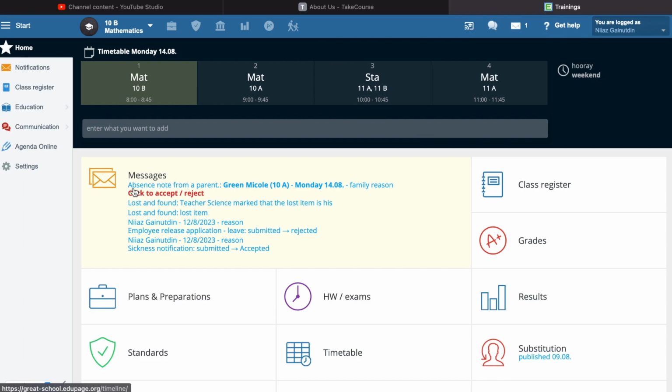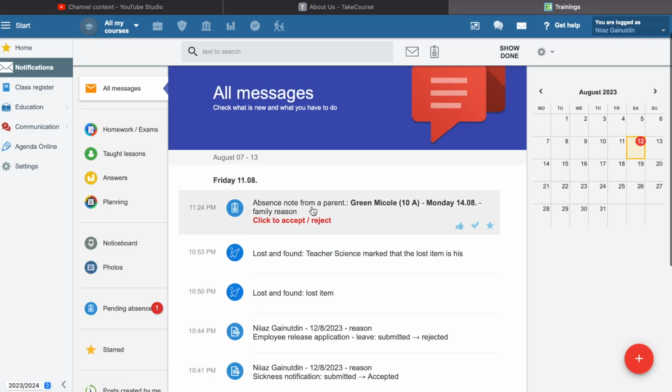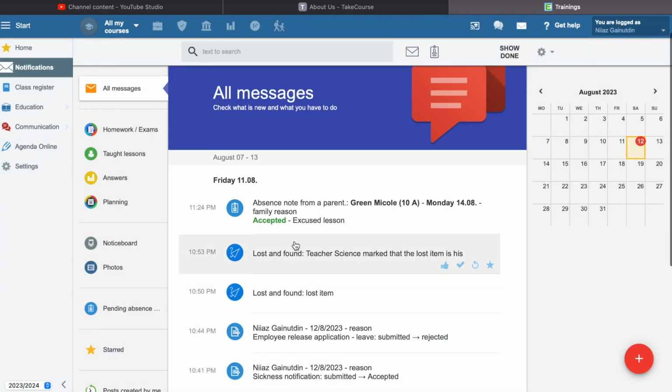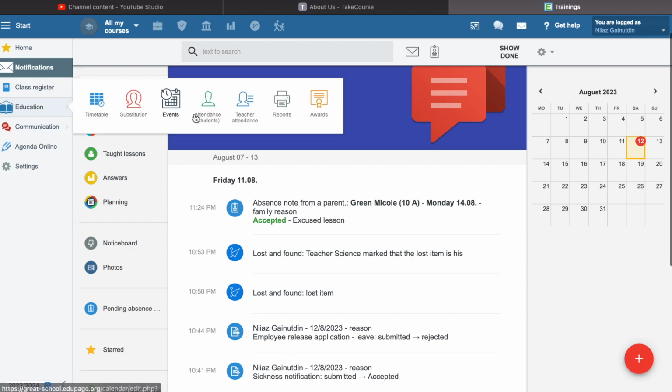So we have here the absent note from a parent, from parent of the Grimmy call. Family reason is the reason of the absence. So if we click here now, we can click to this message, and it's showing here the reason of being absent, and the period is the second period of the 14th of the August, and we can reject or accept the absence note. If we accept the absence note, then we can check the attendance of the student,